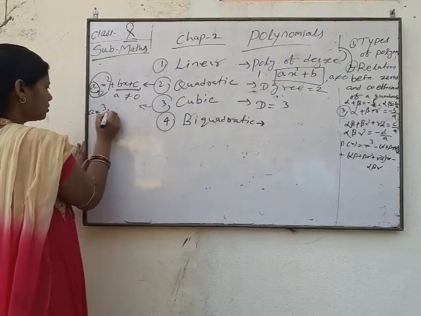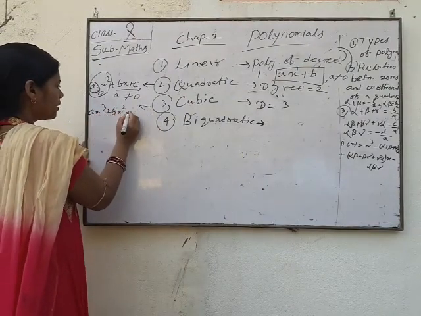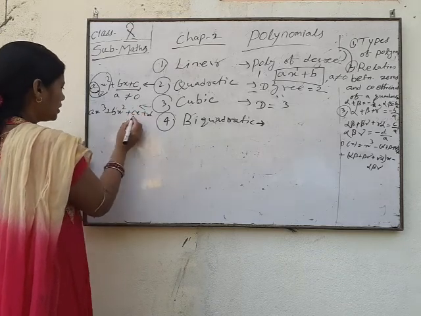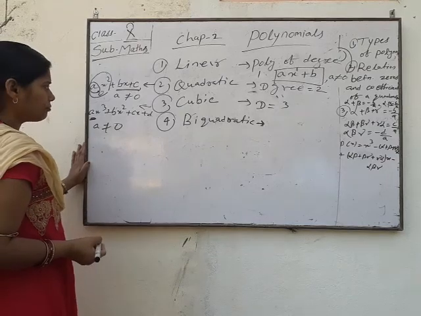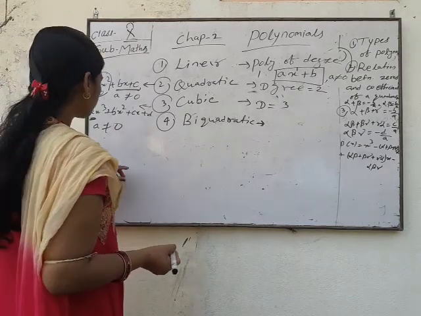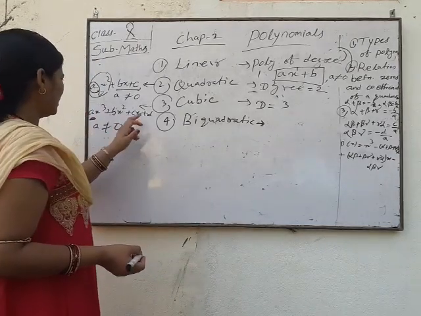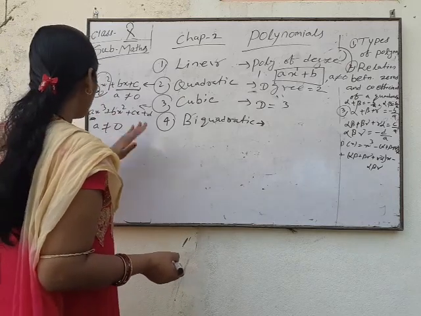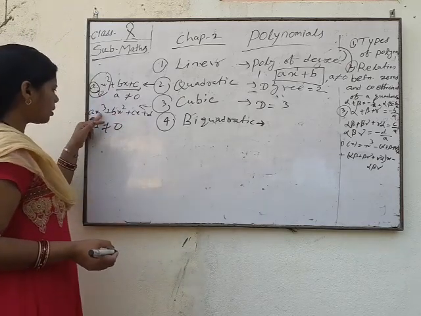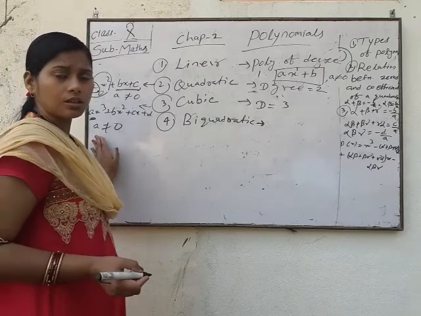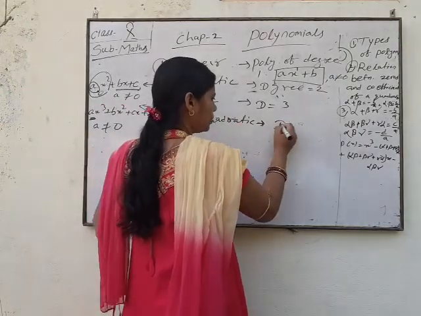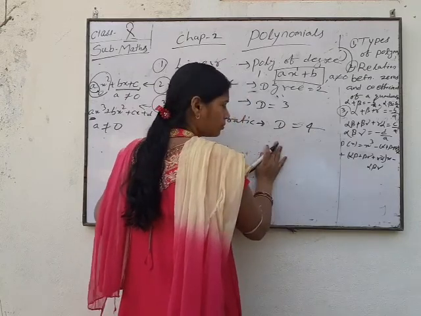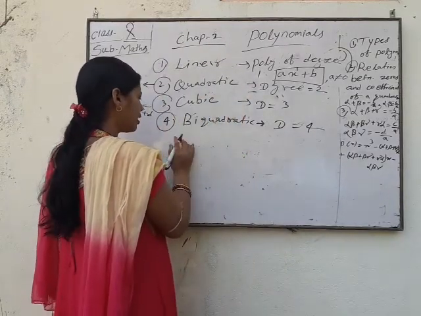ax cube plus bx square plus cx plus d, and here a is not equal to 0. Okay, but maybe b, c, d may be zeros, no problem. But your coefficient of x cube is not equal to 0. And the biquadratic, your degree equal to 4. So your form of biquadratic,